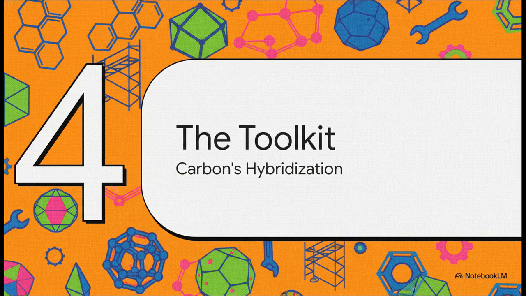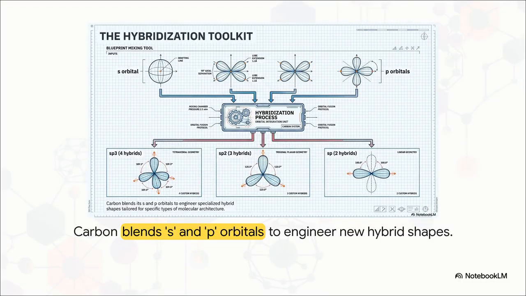All right, let's really unpack that second superpower, hybridization. The best way to think about it is like a toolkit that lets carbon change its shape to perfectly fit any architectural job that comes its way. So what is actually going on here? Well, orbitals are just the regions around an atom where its electrons like to hang out. Carbon starts with a standard set, one nice, simple spherical s orbital, and 3 of these dumbbell-shaped p orbitals. Hybridization is really just the process of taking these standard shapes, throwing them into a kind of atomic blender, and creating brand new hybrid shapes that are perfectly engineered for building.